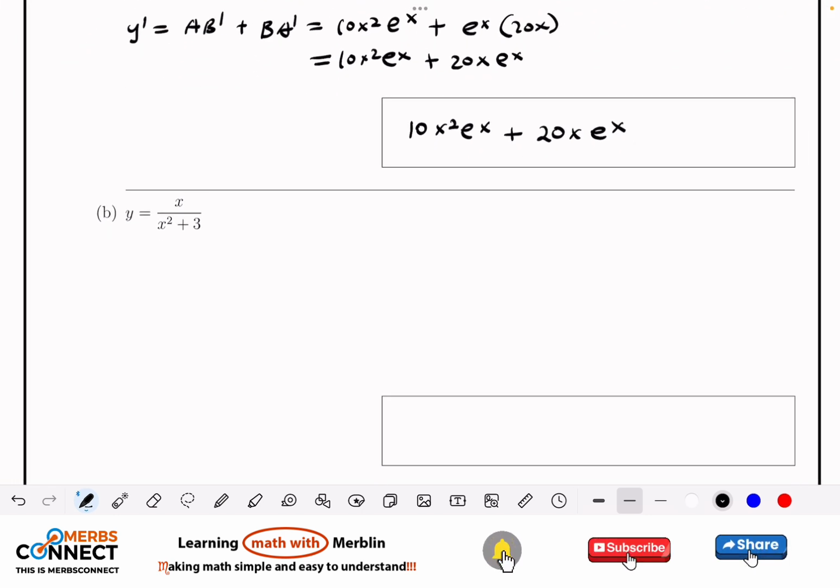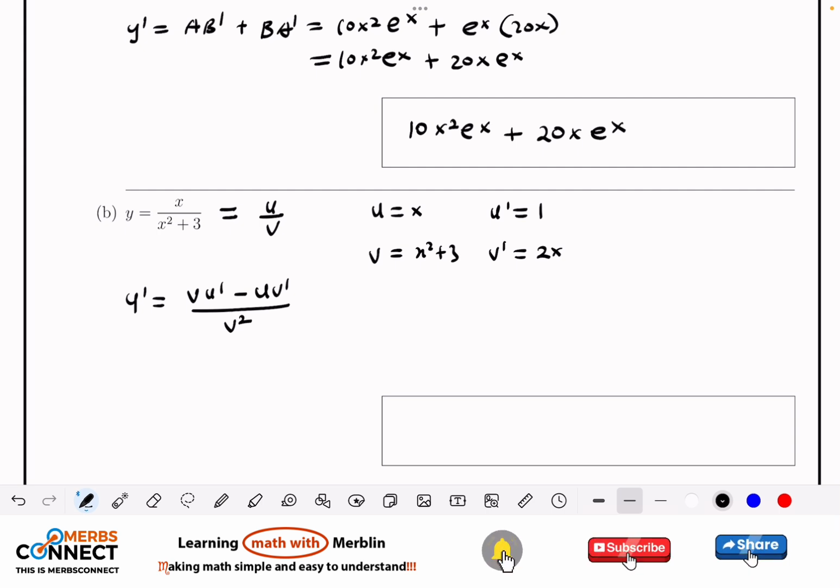Let's look at this one too. Here we are going to use the quotient rule. For u divided by v, my u is equal to x, meaning that u prime is 1. What is v? v is equal to x squared plus 3. What is v prime? v prime gives us 2x. So we know that y prime is equal to v u prime minus u v prime, divided by v squared. So this is going to be equal to v, which is x squared plus 3,